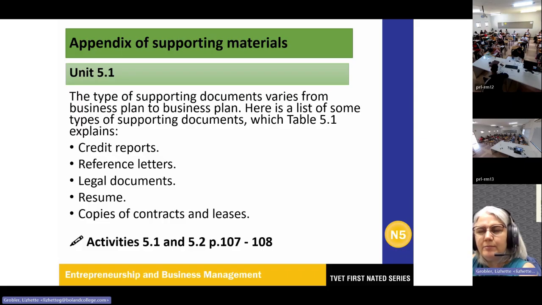So if you go to any business's website, you will see with their vision and their mission statement, they will also have a business profile there. Okay, so it should be eye-catching. It should be a summary that highlights the most important aspects of your business. Maybe go to your favorite brand and then go and have a look at their business profile.